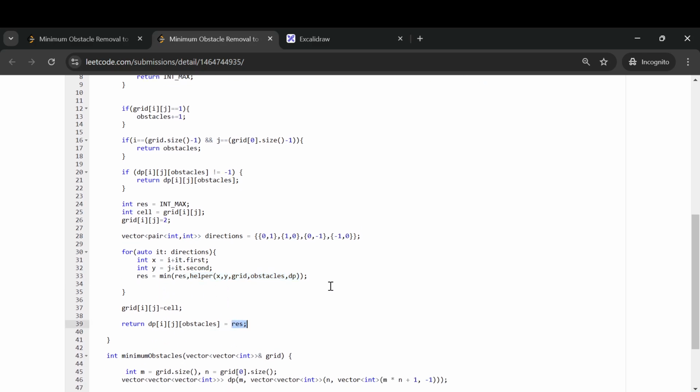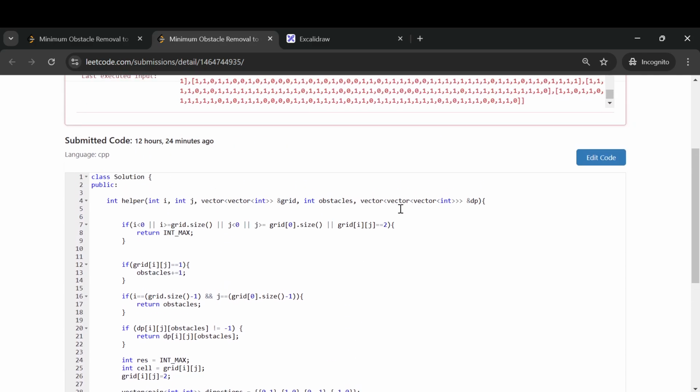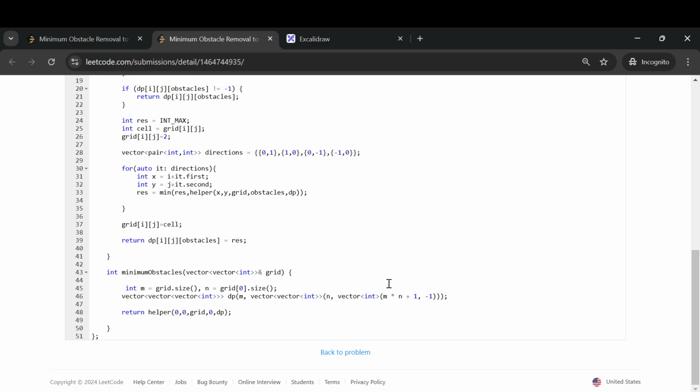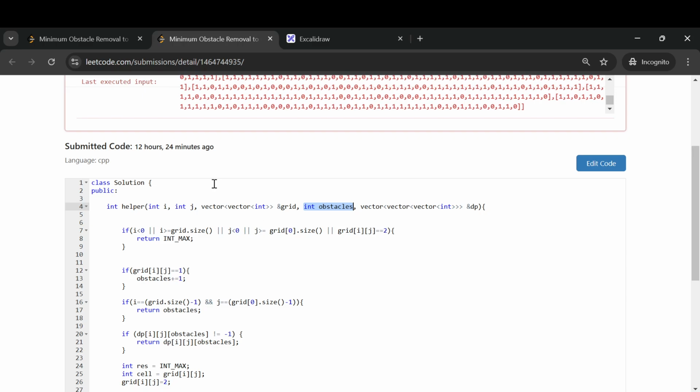And in this dynamic programming call, I am also passing a variable called obstacles, which will basically be the total number of obstacles encountered so far in the path. So this is how the DP solution looks. But let's